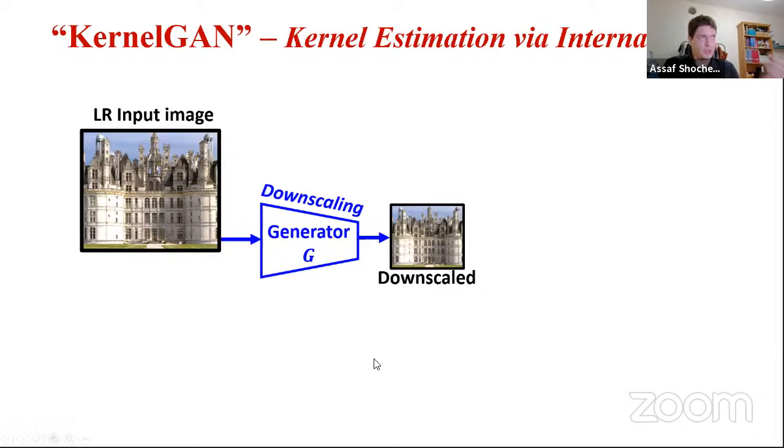So here's how it works. We feed it into a generator that does downscaling. Now, we remember what we want is that the downscaled image will have patches that are as close as possible to patches in the original image. That is, we want a downscaled image with, as much as possible, the same patch distribution as the original